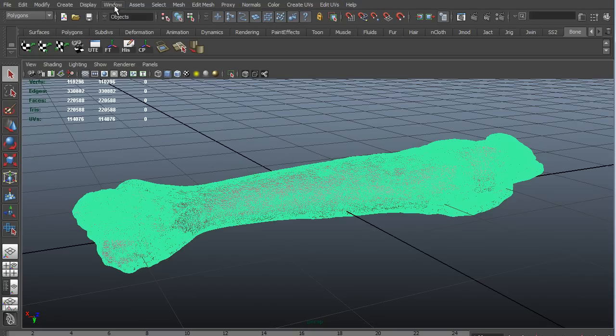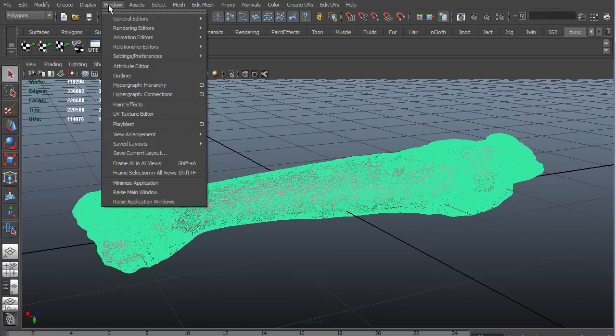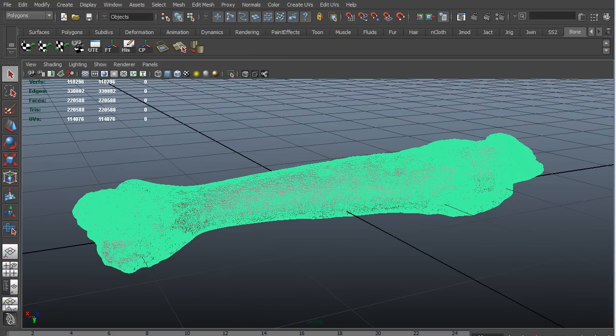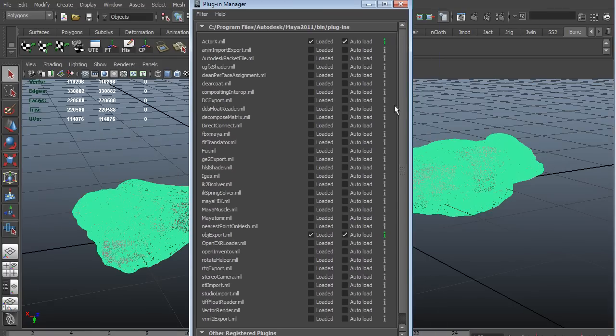Okay, so now if we want to export it, I'm going to be exporting this as an OBJ. So first off, what we'll need to do is go to Windows, Settings and Preferences, and Plugin Manager. And inside the Plugin Manager, what we'll need to make sure is we've got OBJ Export loaded. So if we don't have this loaded and we go to export, there's going to be no OBJ option. So we'll need this ticked, and if you're doing this a few times, you might as well have it auto-loaded